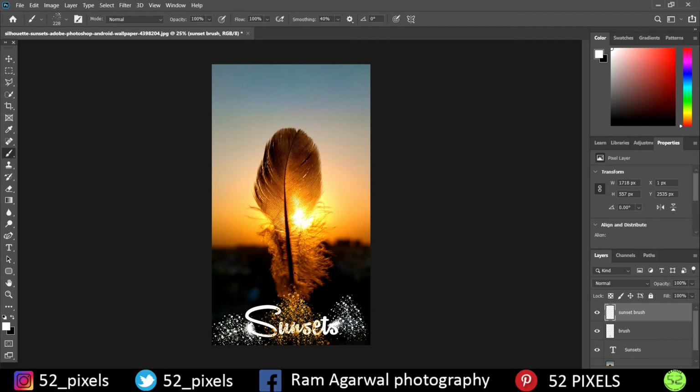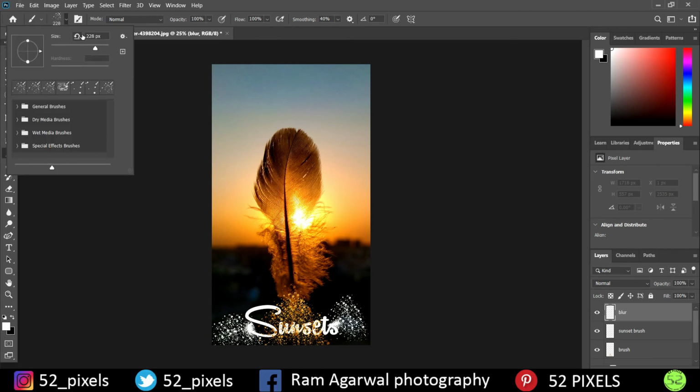Now there's one last final trick that we are going to do. Again, I'll add a layer and call it blur. Using this blur layer, I'm going to increase the size of my brush to around 417.